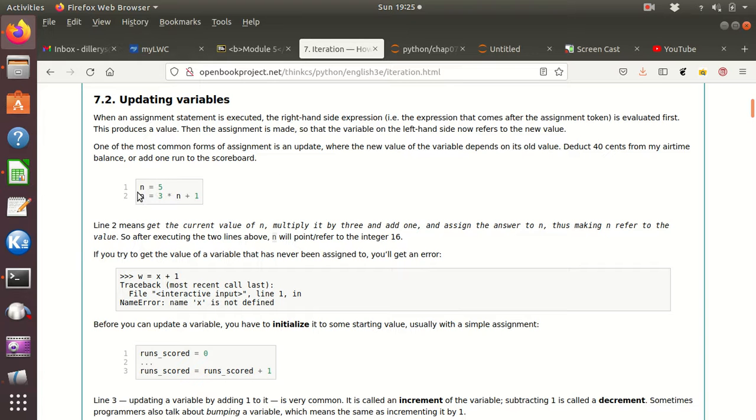The way assignment works is it will do this side and then look here to see where to place it, and that's why you can do this. So we see 3 times n, so it would go to n and find a 5 there, and then 3 times 5 is 15, plus 1 is 16. Now it's going to take the number 16 and put that into bin n, which many times is exactly what you want to do,